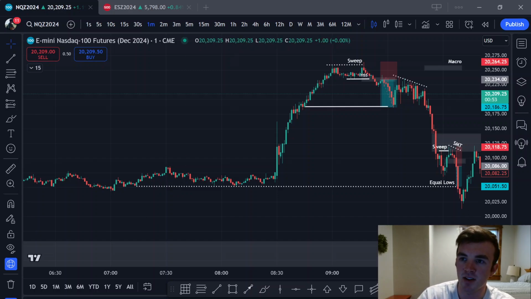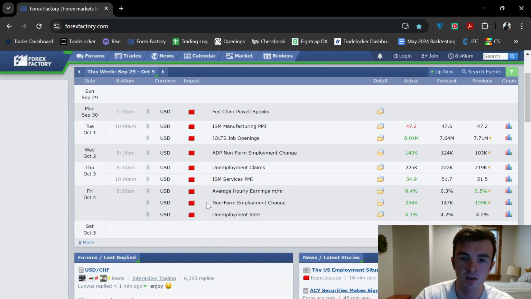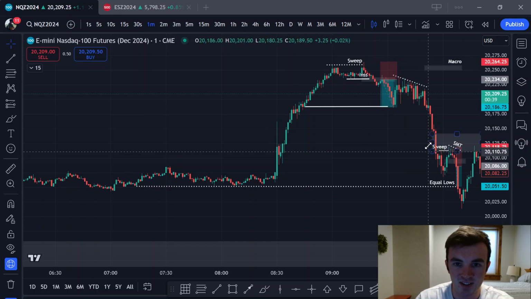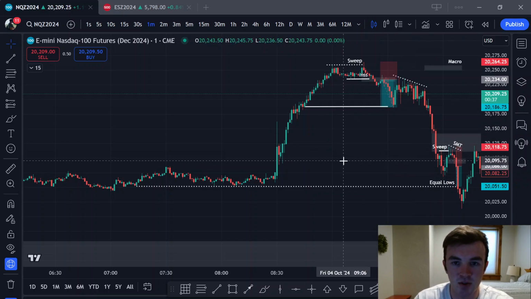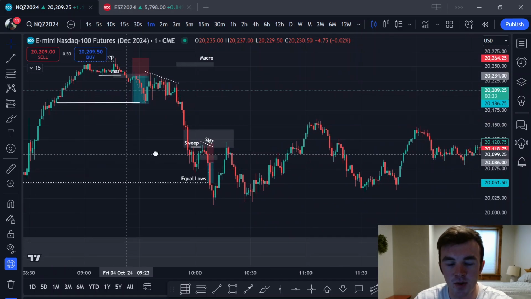Today we have a lot to cover. Today was October 4th, 2024. It was NFP Friday, so it was a higher probability day. Now, there were days earlier in this week that I honestly liked a little better. Today was okay. I saw 3 possible trades you could have taken, maybe 4.